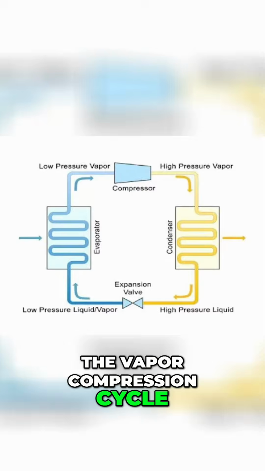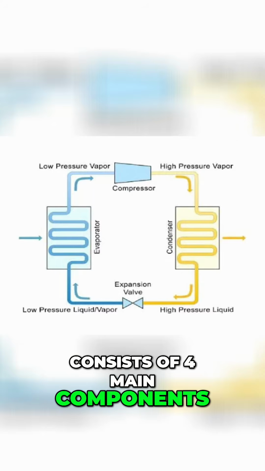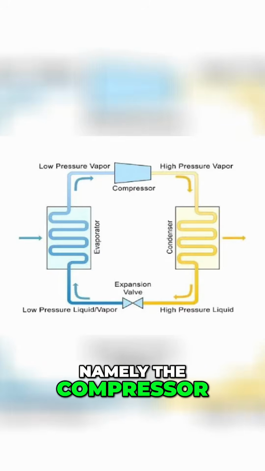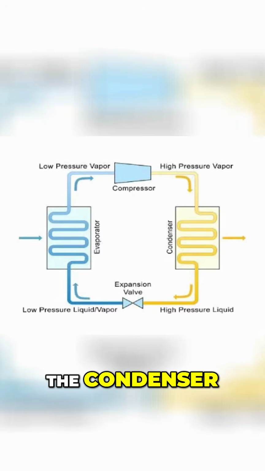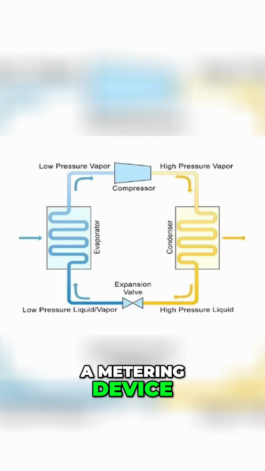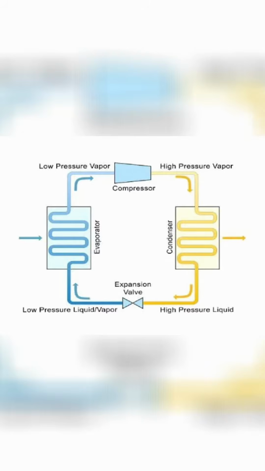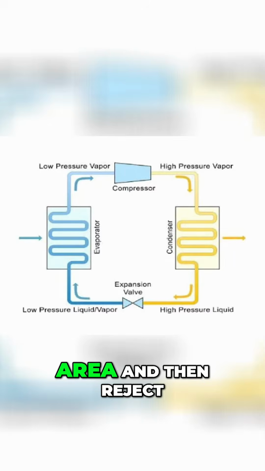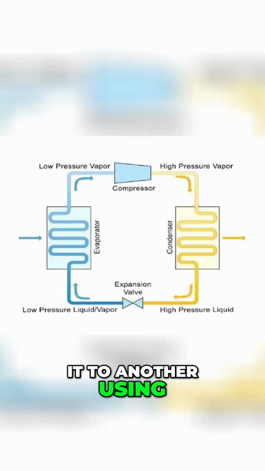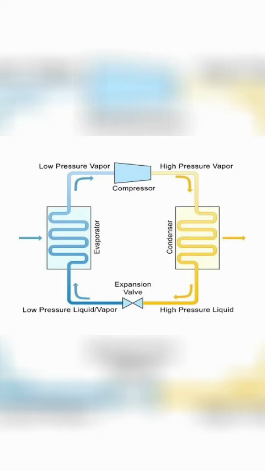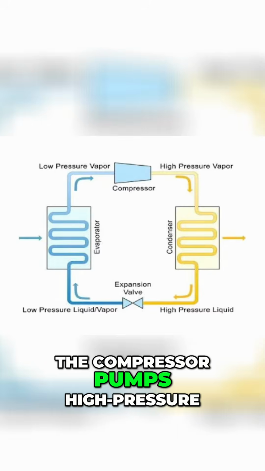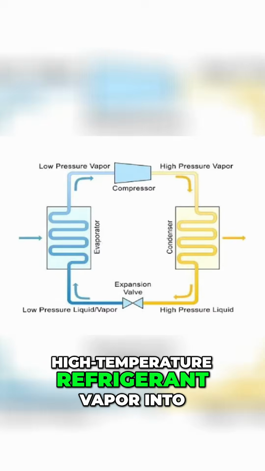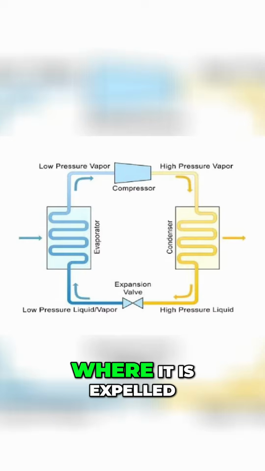The vapor compression cycle consists of four main components, namely the compressor, the condenser, a metering device, and the evaporator. These components work together to remove heat from one area and then reject it to another using a fluid known as a refrigerant. The compressor pumps high pressure, high temperature refrigerant vapor into the condenser, where it is expelled to